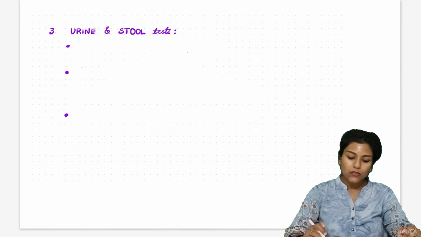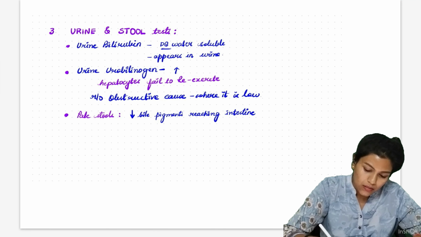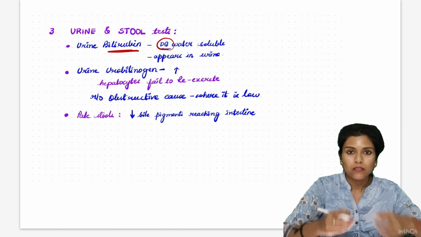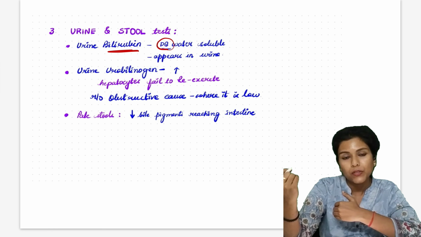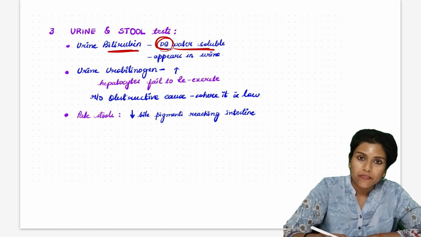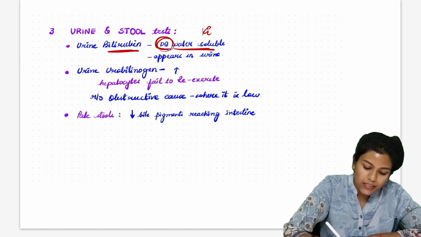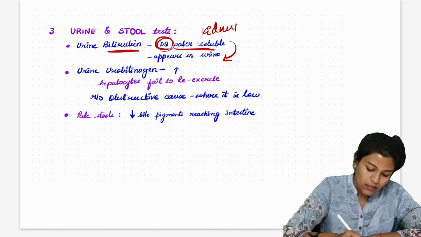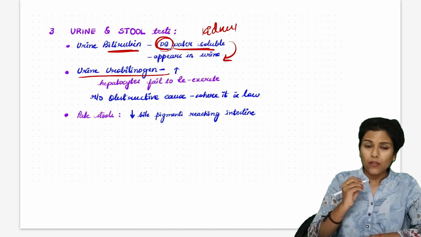Coming to the urine and the stool tests also, urine bilirubin will be raised. Urine bilirubin will be raised because the direct bilirubin will be raised in the blood, because it cannot be excreted into the bile. It is raised in the blood. Direct bilirubin is water soluble. So from the blood, it will go via the kidney and be excreted into the urine. It appears in the urine, and the urine urobilinogen will be raised because